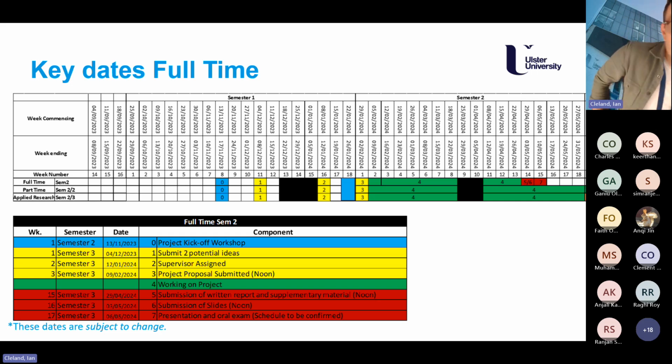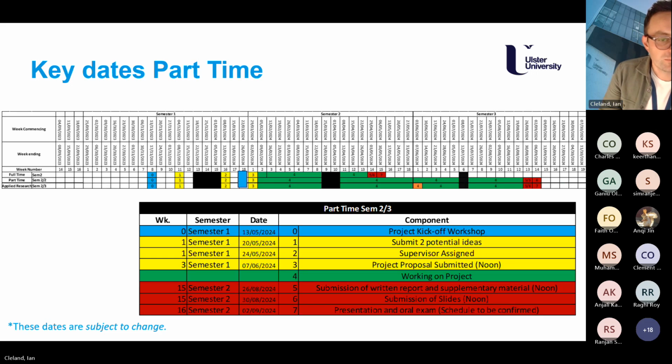So if you can keep those dates in your diary, the 7th and 8th of May, you'll be required to come in person to campus and present your research during one of those 2 days, and the schedule will be released closer to the time. Yep, so that hopefully gives you an idea. So you'll have roughly 12 to 14 weeks to work on the project, and to produce all of the documentation required for the assessment.